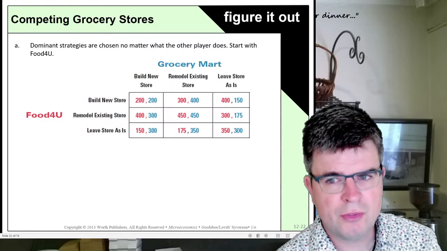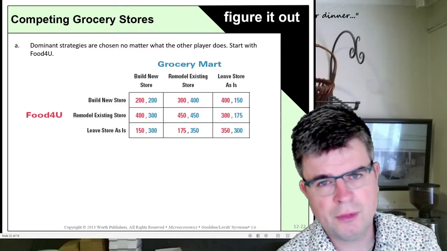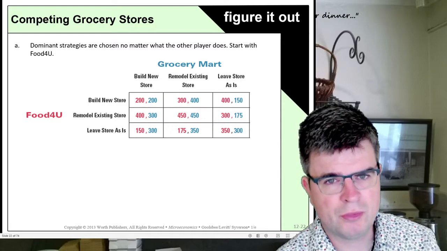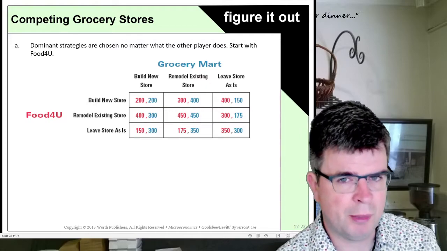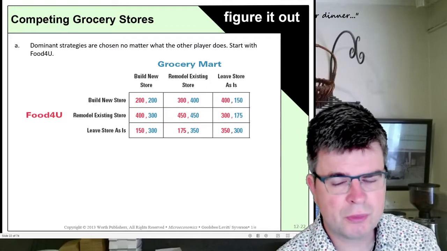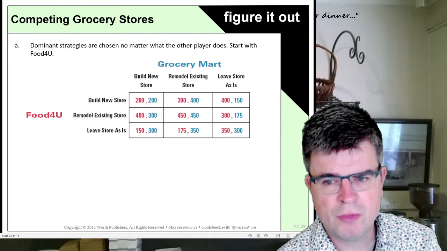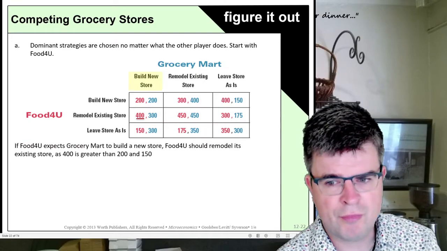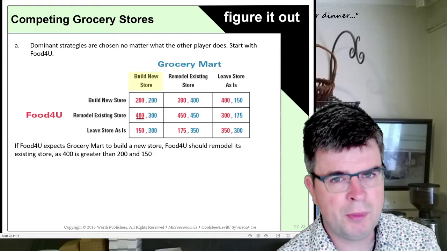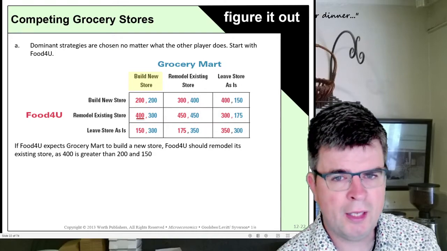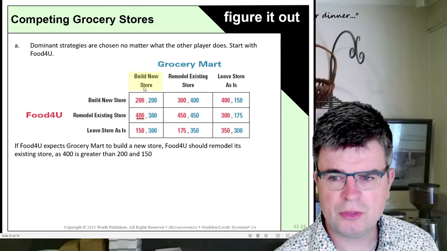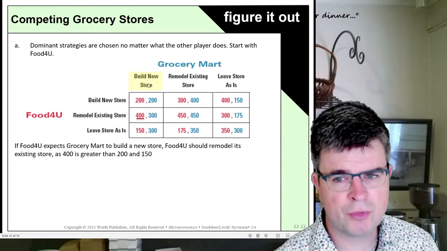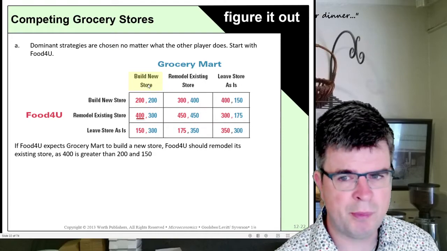Dominant strategies are strategies that are chosen no matter what the competitor does. Independent of what a competitor does, they are optimal to play. And let's first consider Food for You. So, does Food for You have any dominant strategy? And suppose now, what is the optimal response by Food for You if Grocery Mart decides to build a new